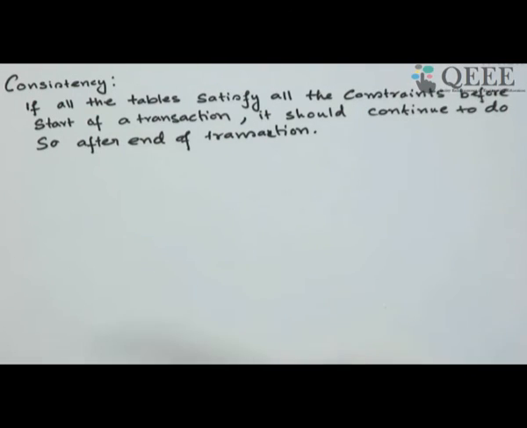So maybe I transfer money from one account to another. The sum of balance is this. Before the transaction, what is the sum of balance of the two parties who are transferring money? After the transaction, the sum of the balance would remain the same. So if you deduct from one and add to another, that should remain constant. It is the job of the programmer who is writing the transaction to ensure this.